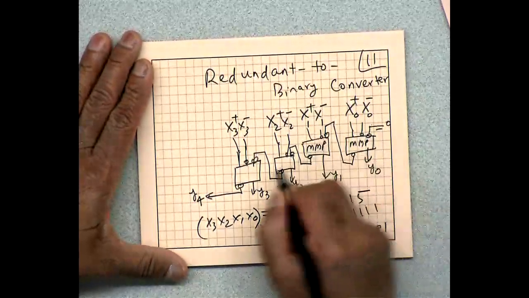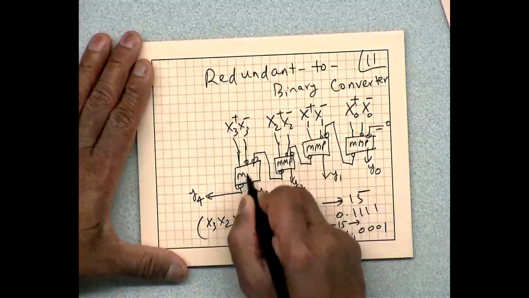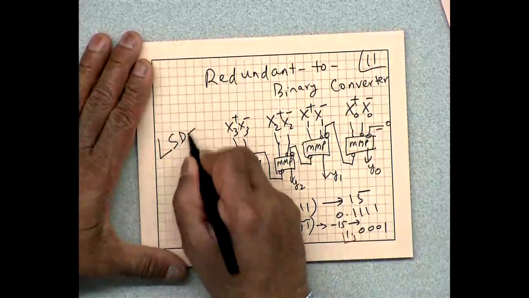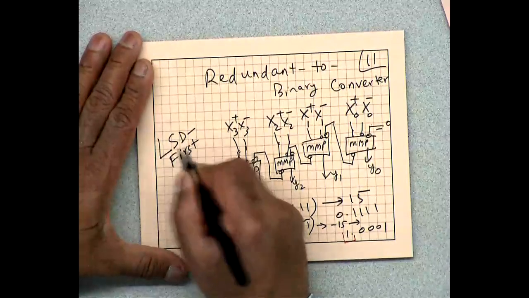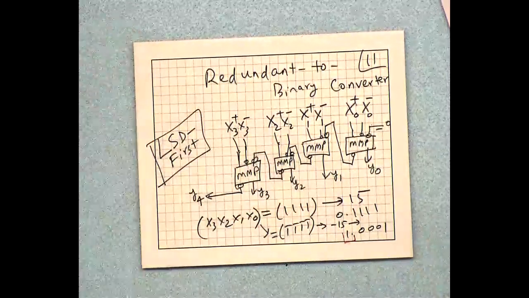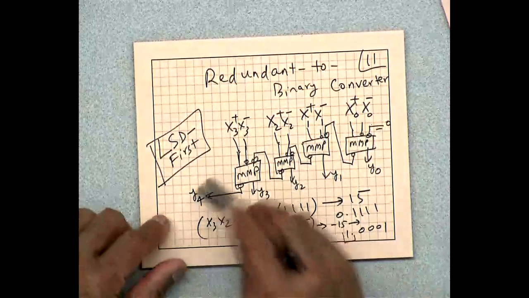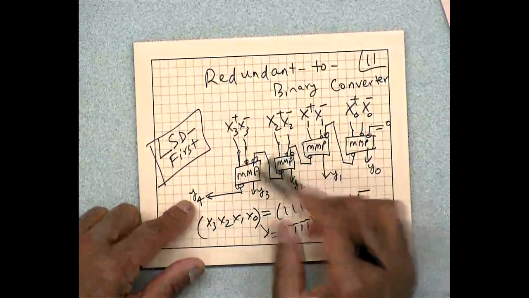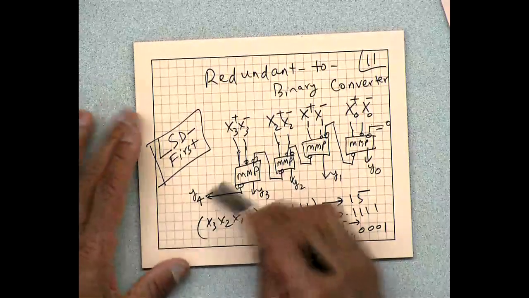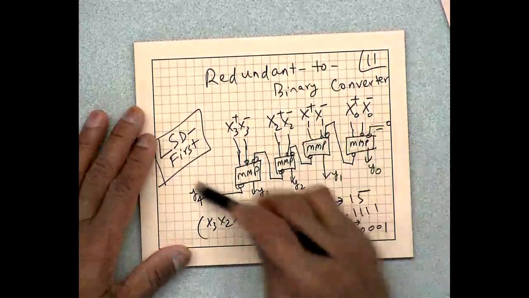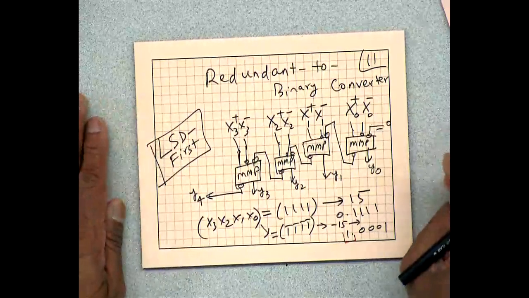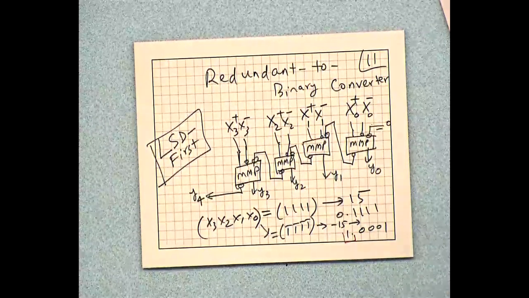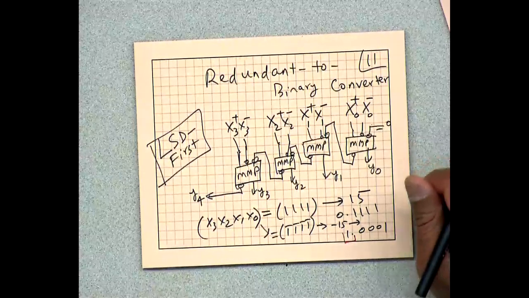So if you notice what I have done, I have used the MMP adders simply to convert the number, LSD first, to a binary number. This is now the sign bit, which has weight -1. That matches with this bubble, saying that the arithmetic value of this bit is -y4. So that's how we can convert a redundant number to a binary number if we are computing using least significant digit first.